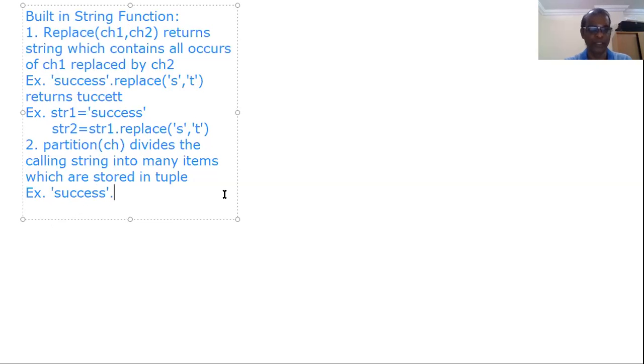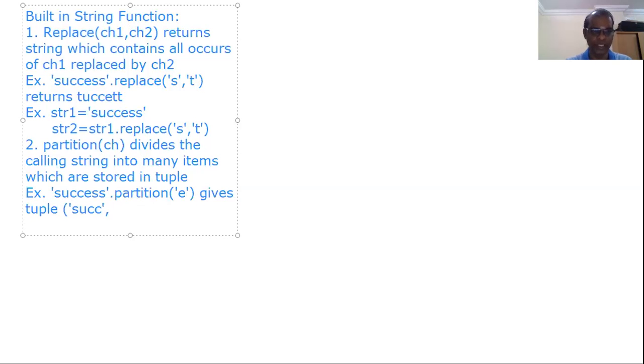So here partition, open bracket, we have to specify e here. One character we have to specify. It gives a tuple: open bracket, "succ", comma, and then "ss". Sorry, the middle one is e. e is one character, and then "ss".